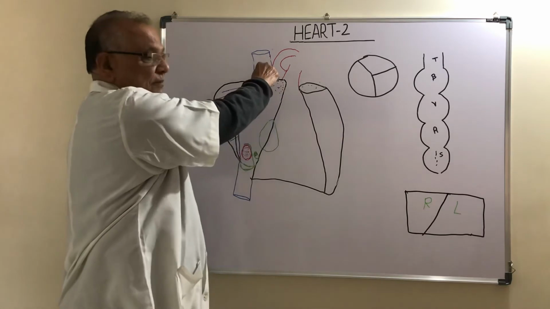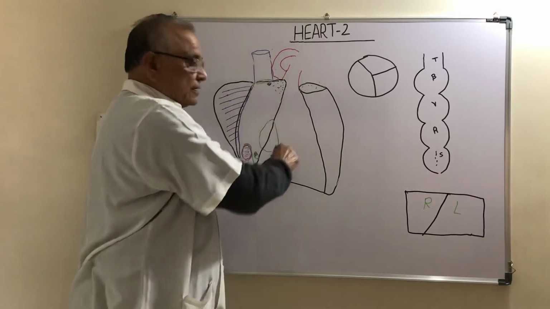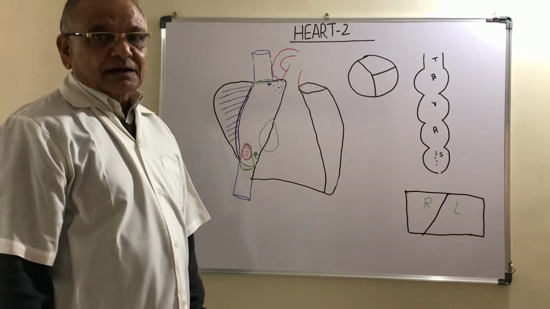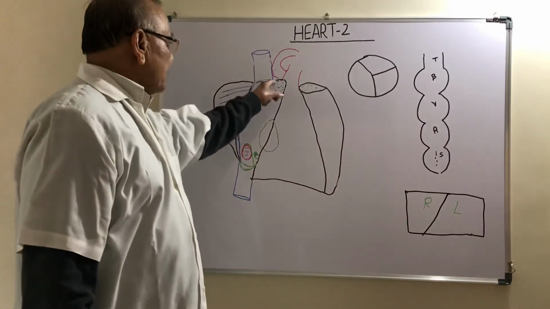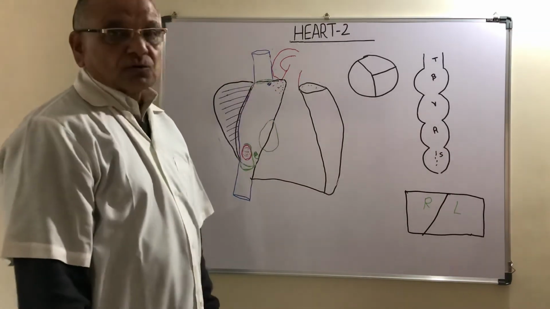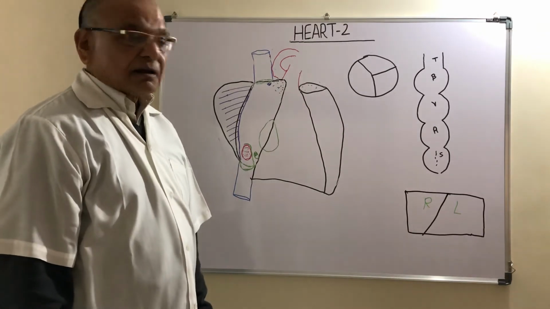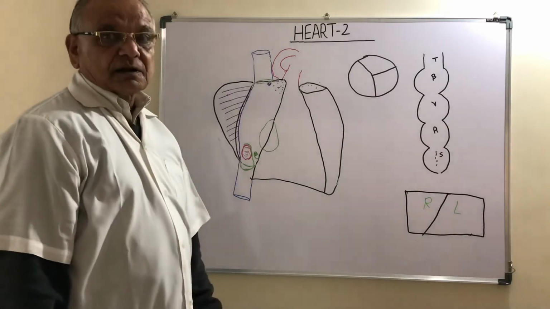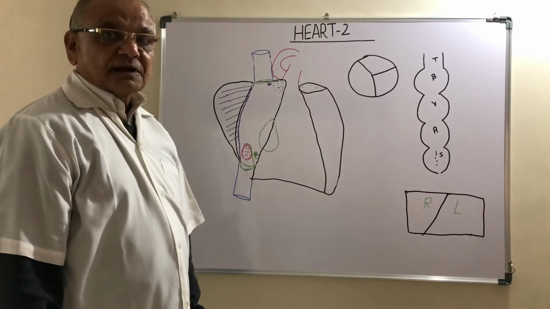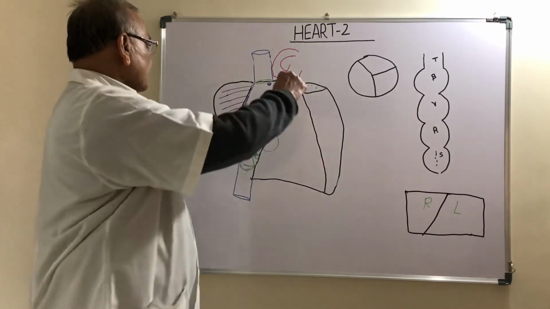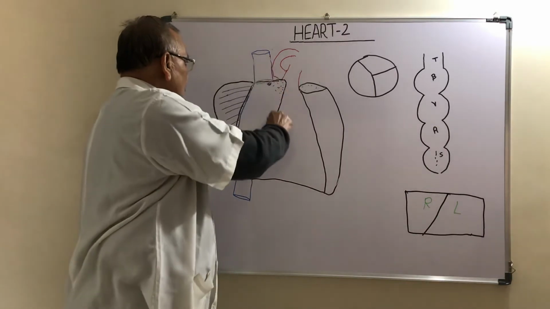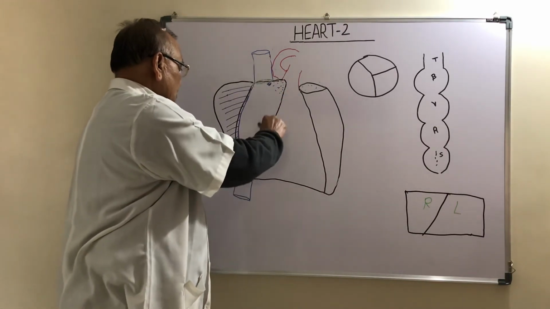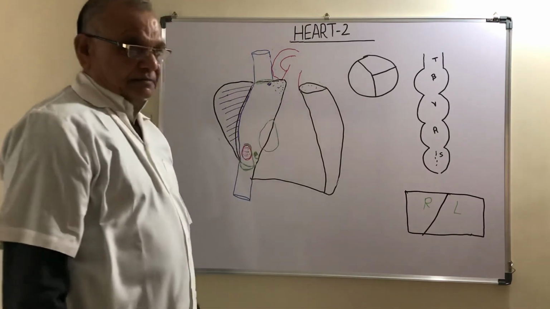So blood of the superior vena cava goes directly into the right ventricle. The superior vena cava opens in the upper part and is not guarded by any valve. Below the opening there is an intervenous tubercle. It is prominent during fetal life, and it guides the blood of the superior vena cava to the right ventricle through the right atrioventricular opening.